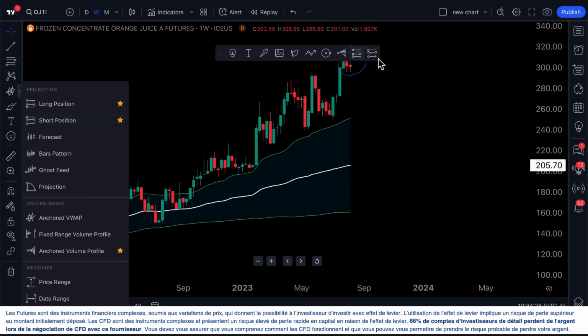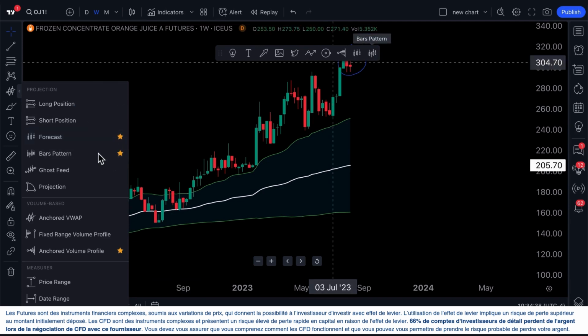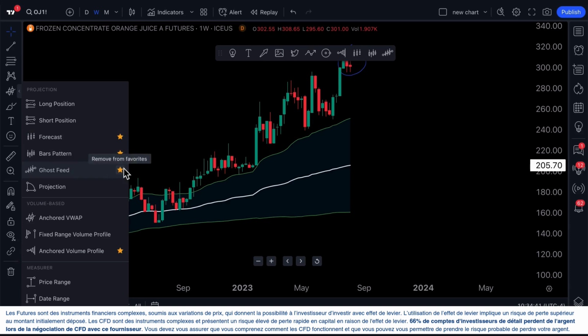Well, watch what happens when we unselect the star. It's now gone. And now watch what happens when we add some stars. You can see the menu is now expanding. So you can favorite your